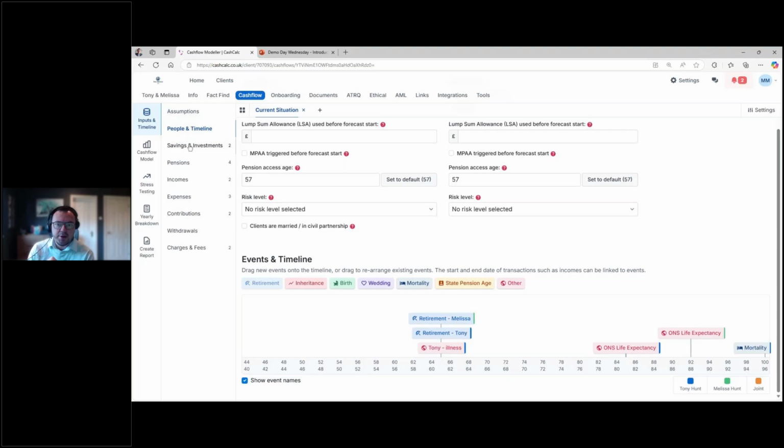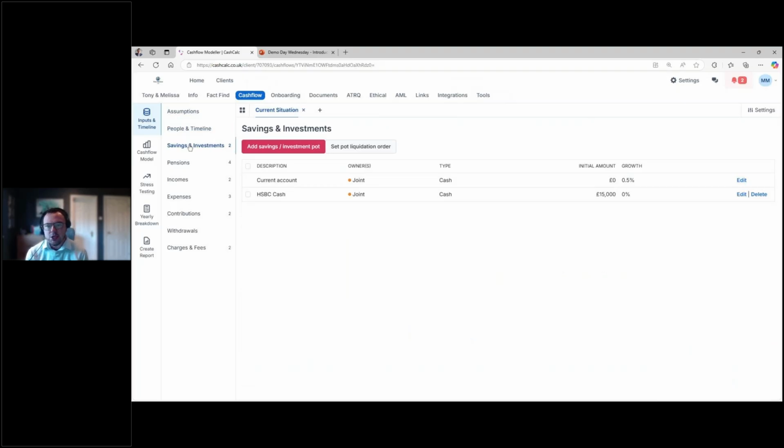Then going down, we've got savings and investments. So savings and investments are things just essentially that aren't pensions. So any ISAs, LISAs, things like that, and current account. Now, within CashCalc, the current account is always there, and that is essentially the account for spending. So if in the event of an expense, it's always going to be taken out of the current account